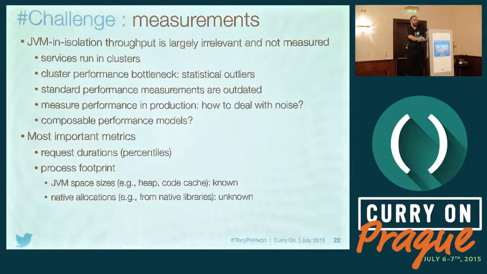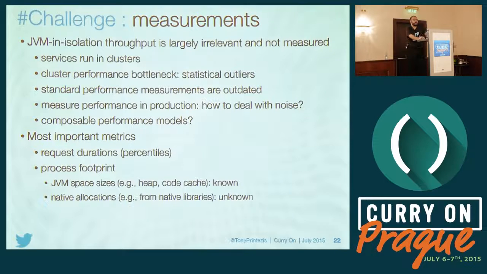Another approach that's popular in academic papers: we have some optimization, we run the JVM, and normally it takes 1 minute, now it takes 58 seconds. Okay, we've improved the JVM by 2 seconds. So JVM throughput in isolation is actually not really interesting for us, and we don't even measure it. If there is fluctuation of the compiled code by a few percent up and down, it won't even show up in most of our measurements that we keep track of. Everybody should be shocked.